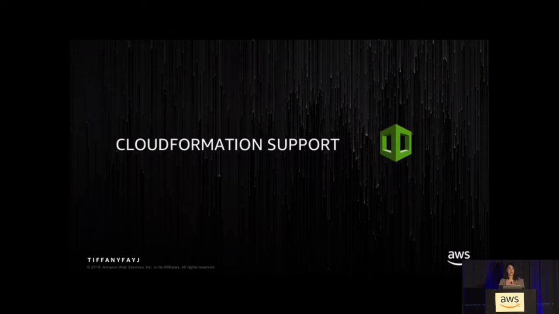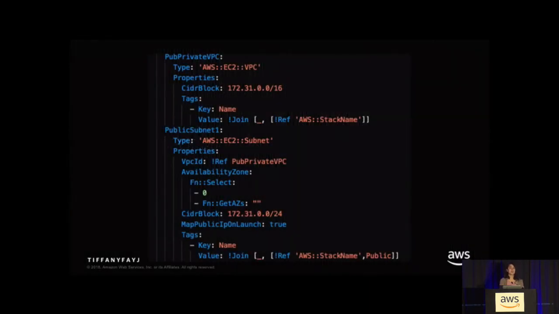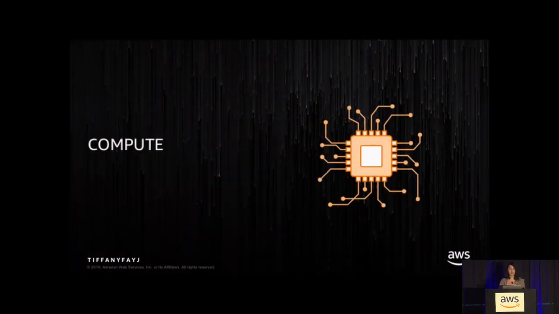So there's also CloudFormation support. I'm not sure who's actually used CloudFormation before, but basically with CloudFormation, you can use concepts such as your task definition, you can create your VPC, you can create your subnets, and have it all in one or multiple CloudFormation template files and launch that. So some of the options you can use basically are, with the API, you can use the AWS console, you can use the AWS CLI, and then with either of those, you can then use a template with CloudFormation as well. So let's dive a bit into compute.